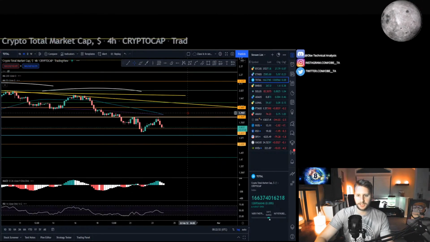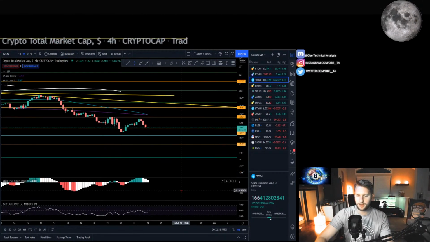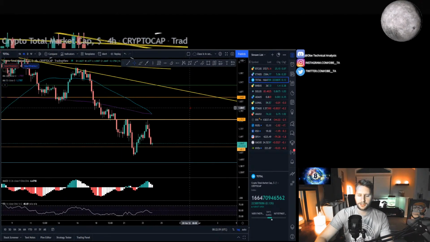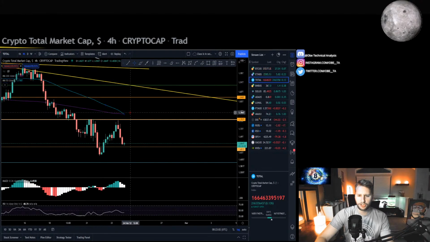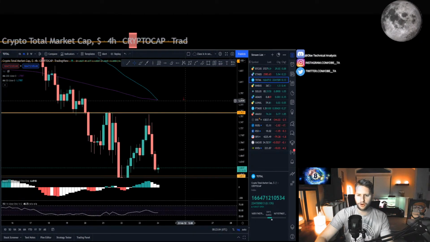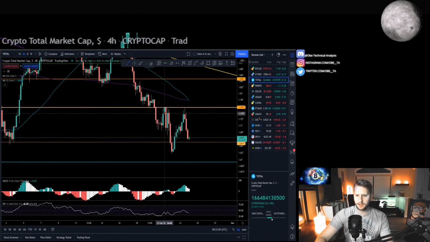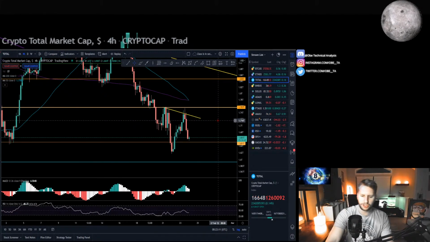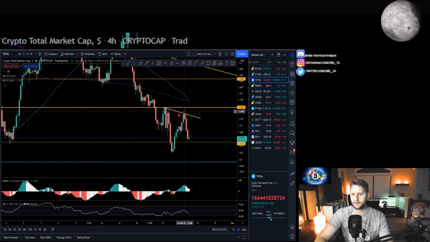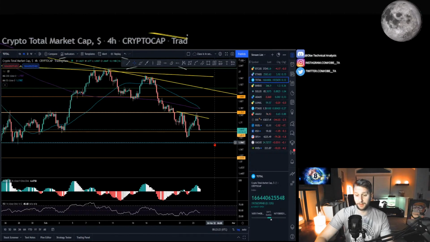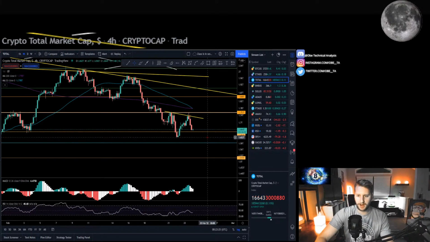Let's move to the 4 hour to see what tomorrow might look like. Hidden bearish divergence, and you just had a death cross on the 4 hour time scale. The 50 moving average moving over that 200 moving average, as well as developing hidden bearish divergence. That is not good. It doesn't work. Not good at all. So, we'll see if this holds, but I doubt it.